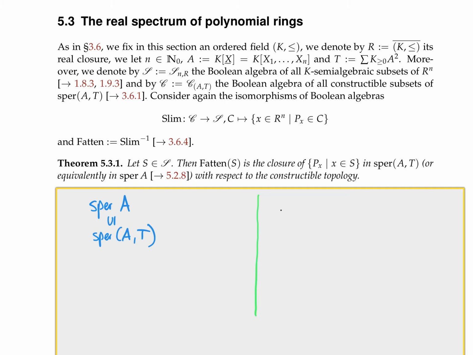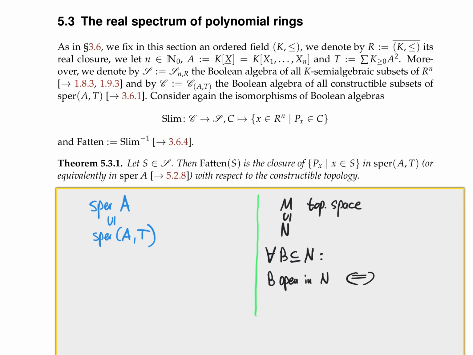If I have a topological space M and I have a subset N, then the subspace topology on N was defined as follows: a subset B of N was open in N